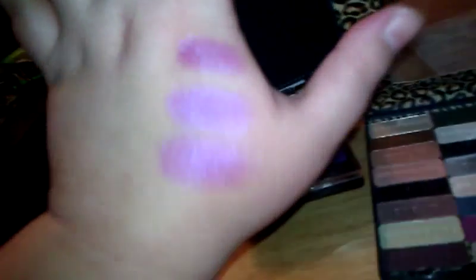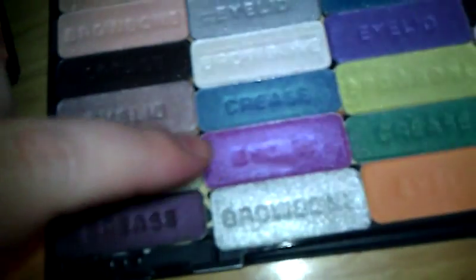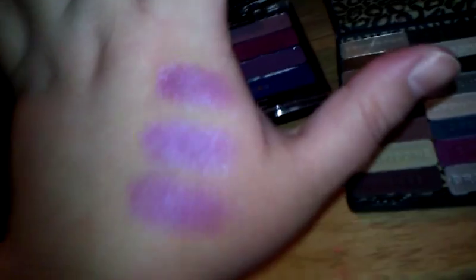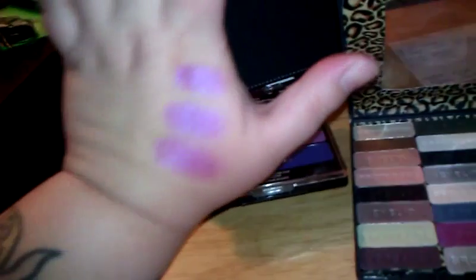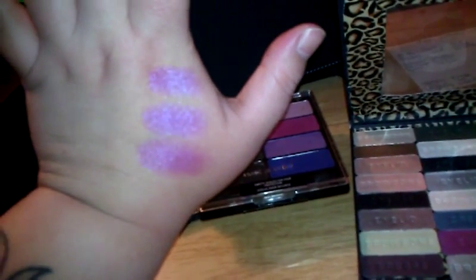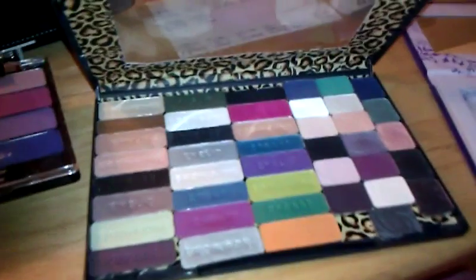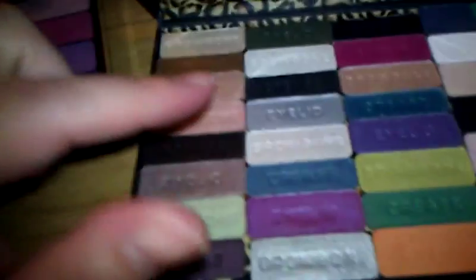They all look the same, but this one from I'm Feeling Retro is actually more, tell me if I'm crazy, it looks more close to the Urban Decay color. I mean, they're ultimately the same, but I think the one from I'm Feeling Retro right here